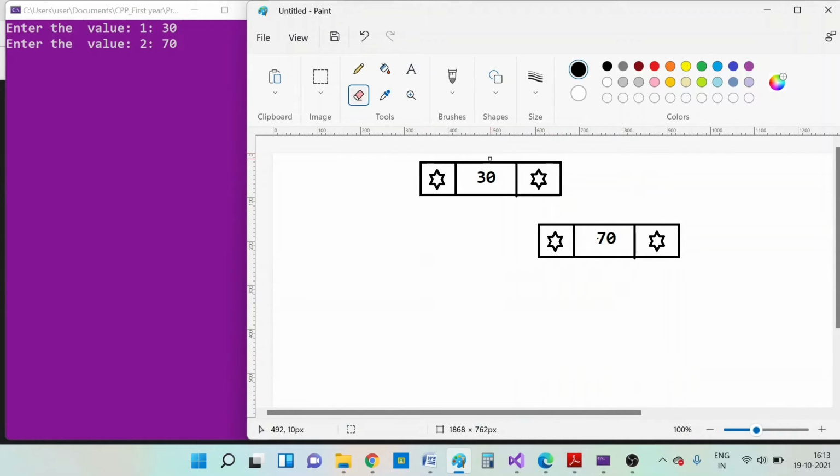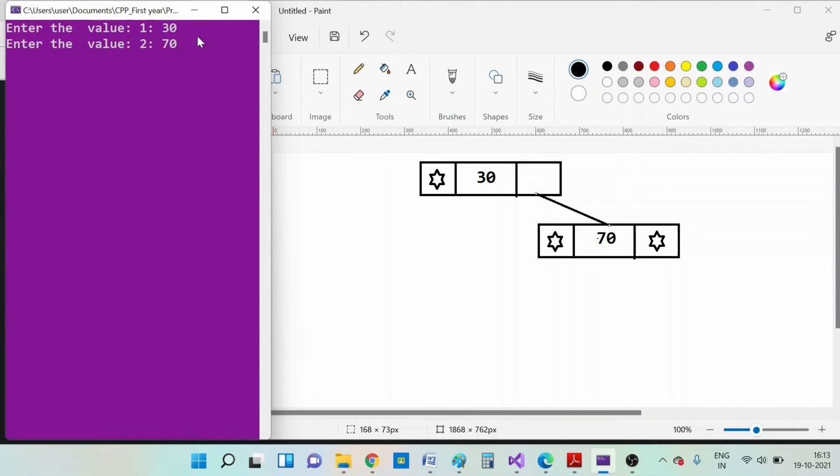So the null pointer of the root gets replaced by the address of the new node that was created, and this leads to a connection like this. So now the nodes are connected like this,